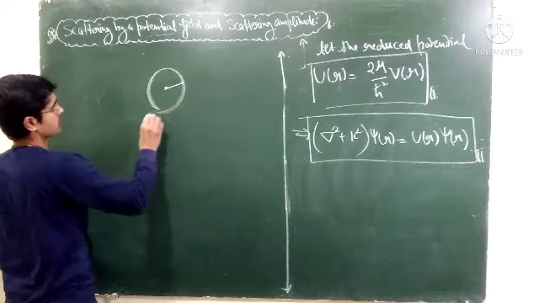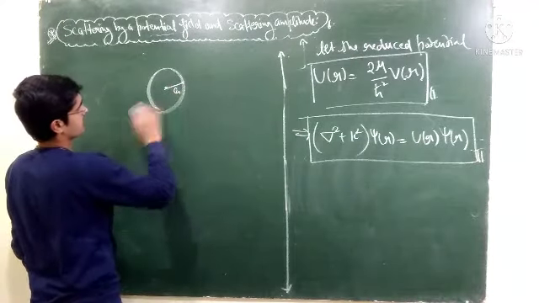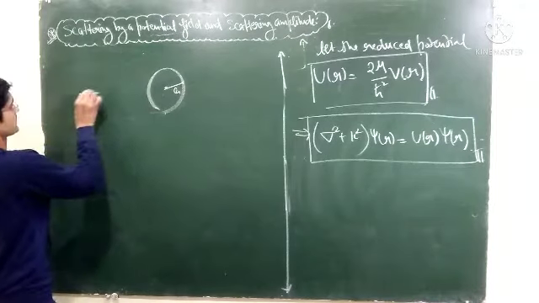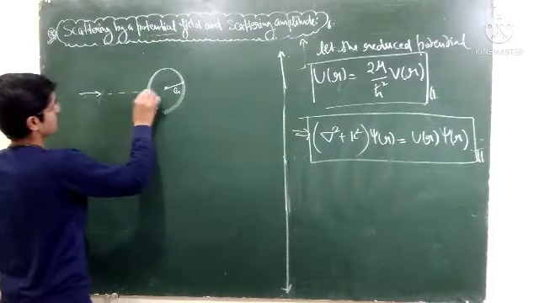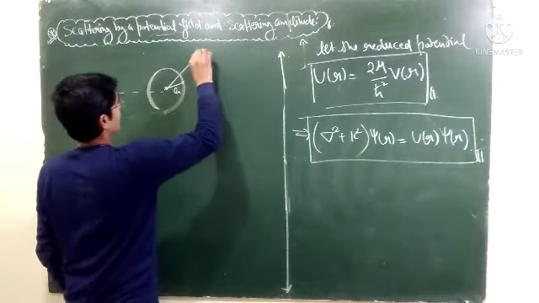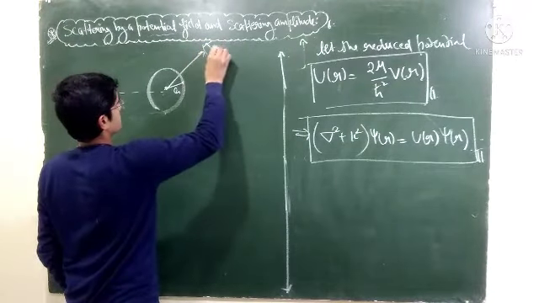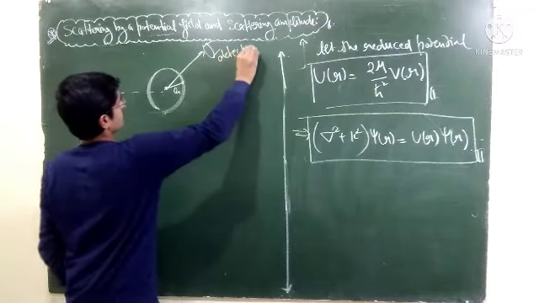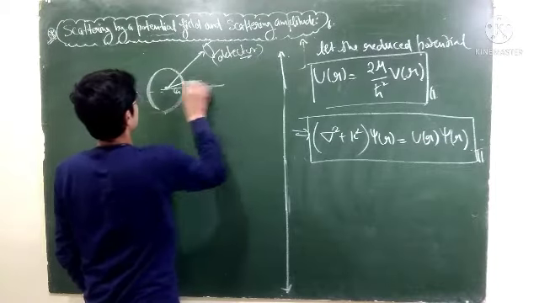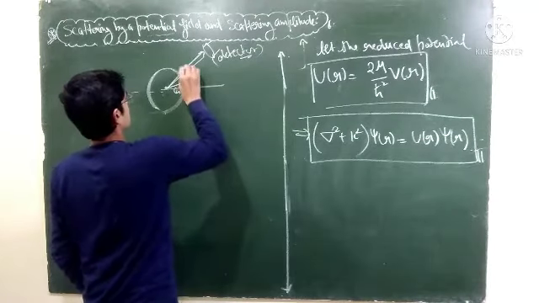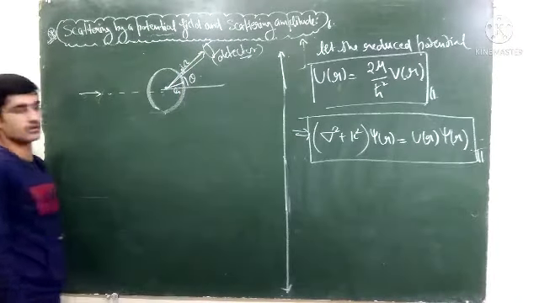Let us suppose this is the range of potential, a, and these are the incident particles coming to this potential, and they will scatter in some direction, and there is this detector which will detect the number of particles coming in this particular direction in the solid angle d